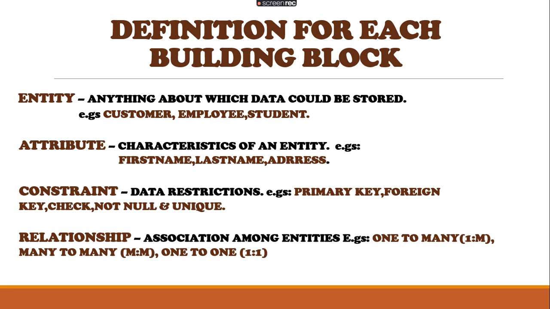Then we have another building block that we call a relationship. We say a relationship is an association among entities, how to relate or see the connectivity between two entities. We have three main types of relationship. That's what we call one-to-one, one-to-many, many-to